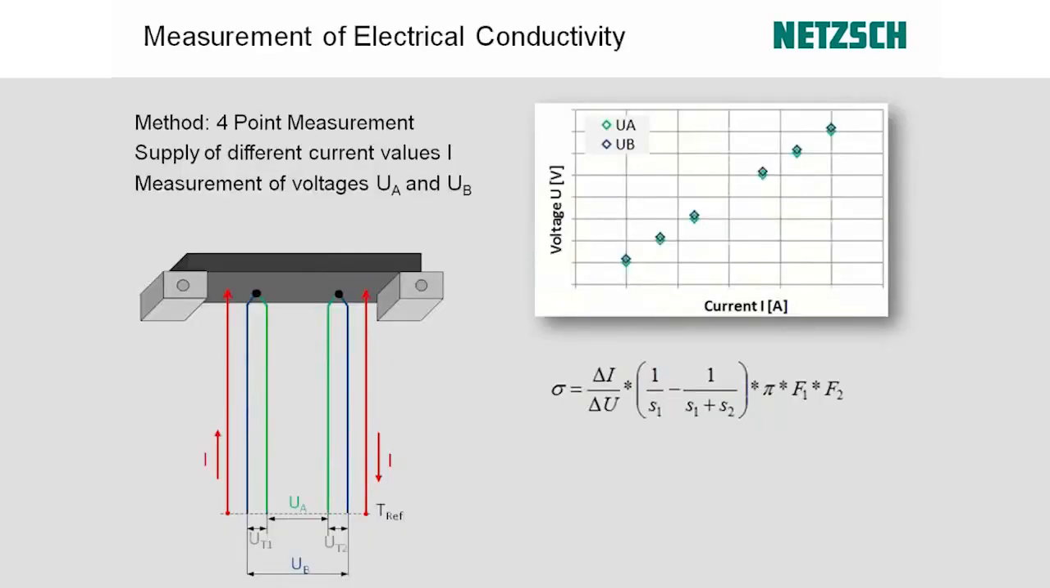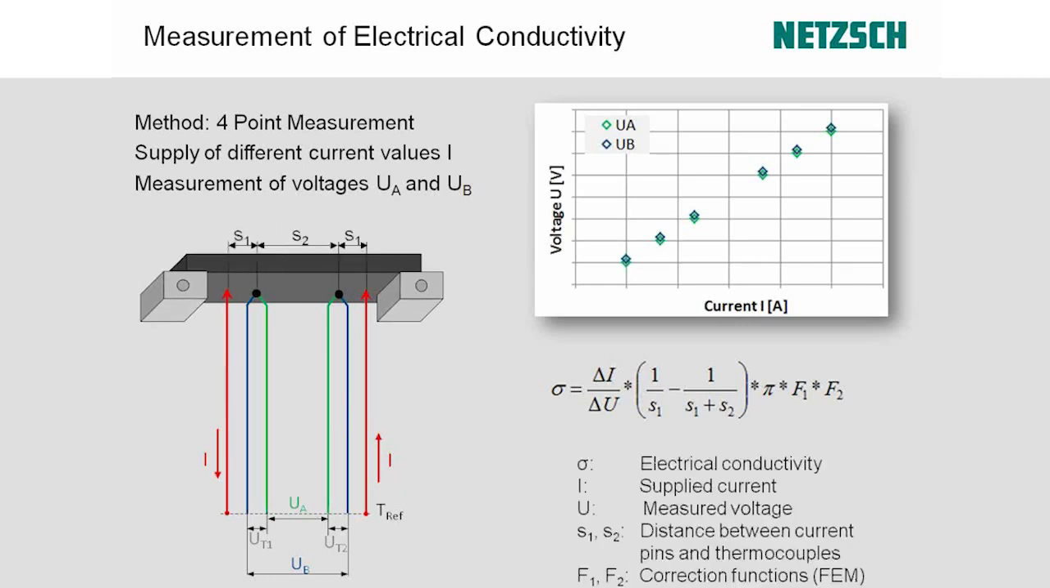So first, to describe the measurement of electrical conductivity, we're using the 4-point measurement, and we're able to supply different current values in different directions. So we measure the voltage at these 2 points through the legs, positive and negative, so UA and UB of the two thermocouples. We do that for 3 different currents, both positive and negative. So you can see the current direction changing,